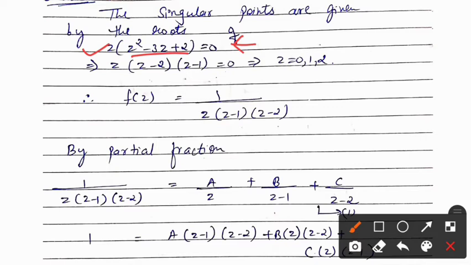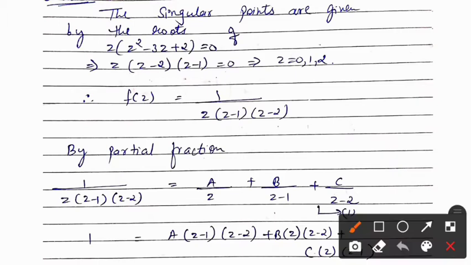We will do this by splitting of middle term. Now what is splitting of middle term? This 2 I have to split into factors such that if I add these factors, I get minus 3, and if I multiply these factors, I get 2. So the factors of 2 are 2 and 1 or minus 2 and minus 1. If you multiply these both, you get 2, right? Now in the center you need minus 3, so if you add any of these, you must get minus 3. Okay, so if I add minus 2 and minus 1, I get minus 3, right?